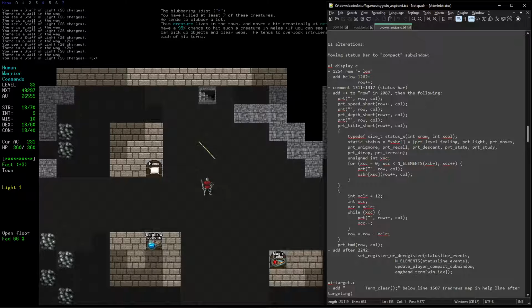It was mostly, maybe almost all in UI-display.c, the source code file. Mostly just duplicating from the other parts of the code that I was taking out, the status displays,